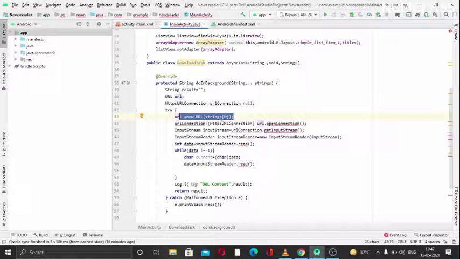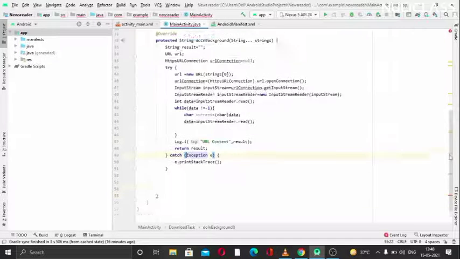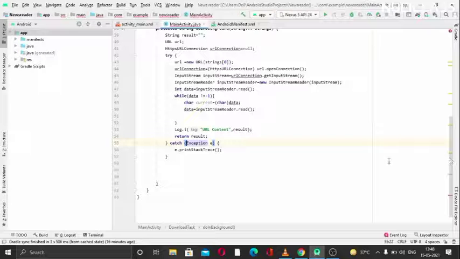So we have two options: we can write try catch for all of these others to handle the errors differently, or we can simply write exception. This will basically handle all types of exceptions. We can see this is all removed. Okay, so this is the method print stack trace. This will print the errors, and this is the best way to handle the errors. At the last we will return null, which I had removed before.